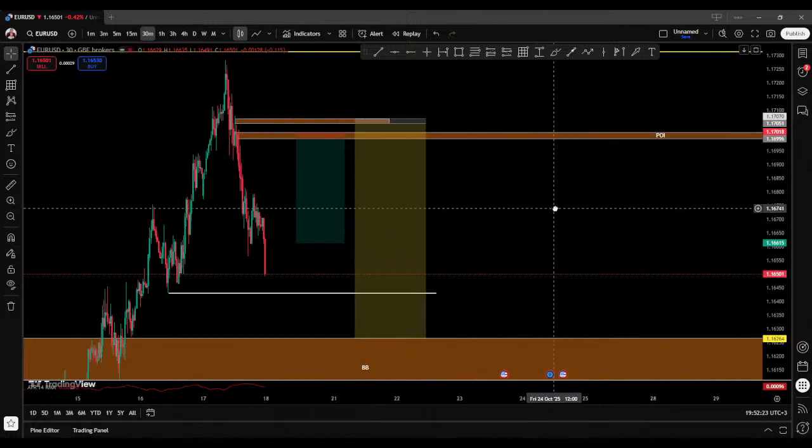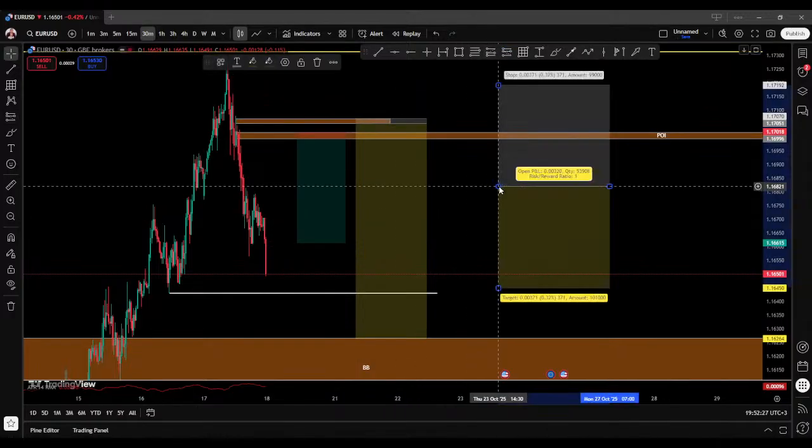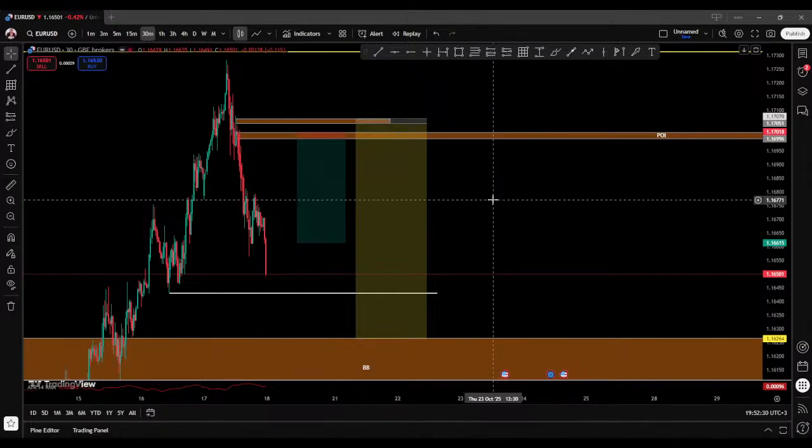You can get these trades if you want. So, having said that,